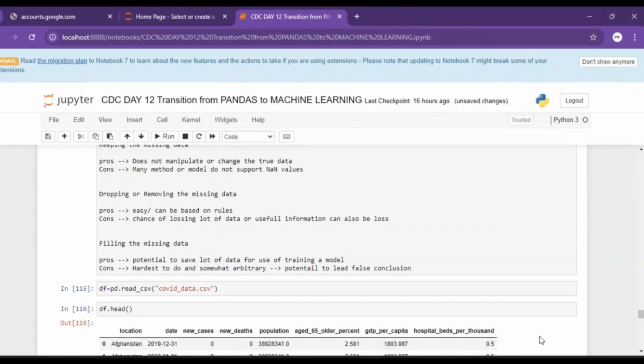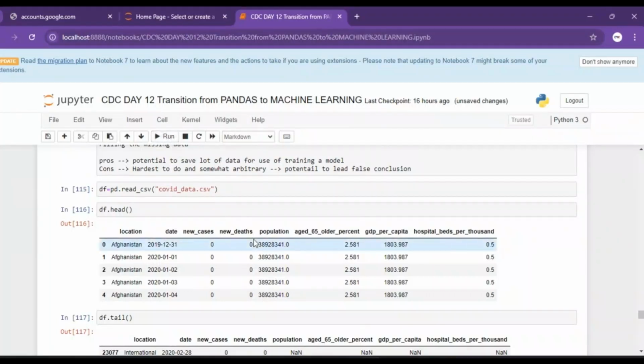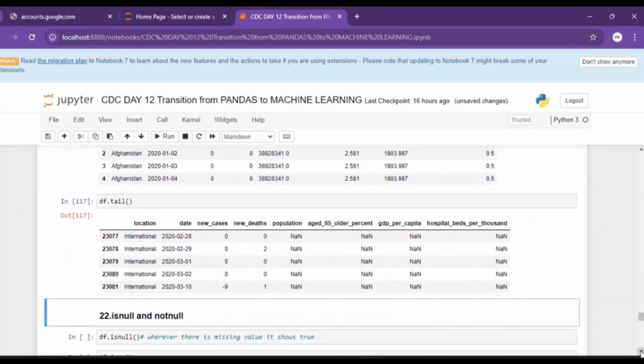So we want to see the head. So this is the data location, this is the head. Also look at the tail. Look at our tail, you can see all those missing values are coming up. Okay, now the next thing to do is to